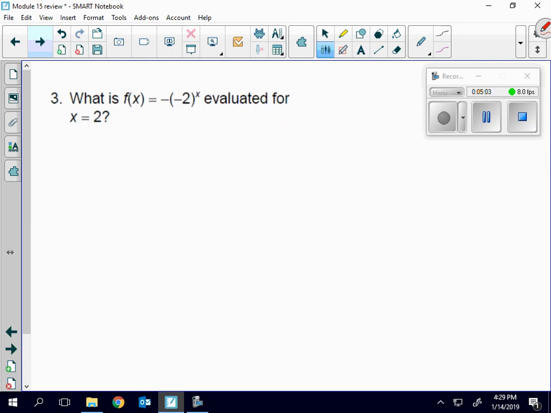Number 3. What is f of x equals negative, parentheses, negative 2 to the x power, evaluated for x is positive 2. All right, so here we go. We have f of 2 equals, I'm just going to plug in 2 where I see x. So we still have the negative here, and this is a positive 2. So I'm going to do this portion first,